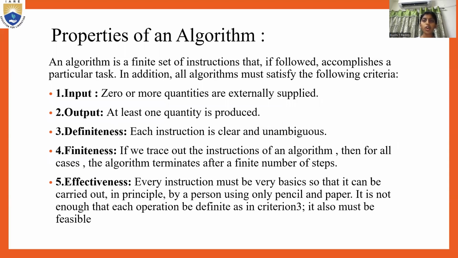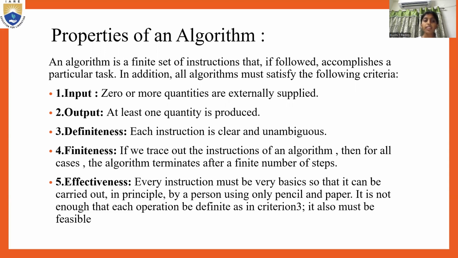So before going to know how we'll design an algorithm, let us know its properties. An algorithm is a finite set of instructions that, if followed, accomplishes a particular task. In addition, all algorithms satisfy the following criteria. The first one is input. There must be zero or more quantities that are externally supplied. Output. At least one quantity is produced. Definiteness. Each instruction is clear and unambiguous. Finiteness. If we trace out the instructions of an algorithm, then for all cases, the algorithm terminates after a finite